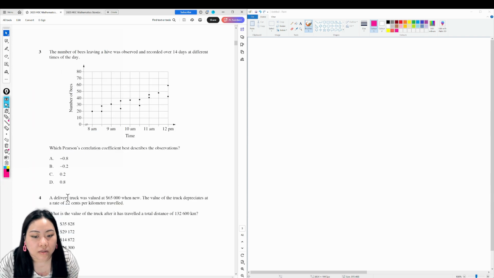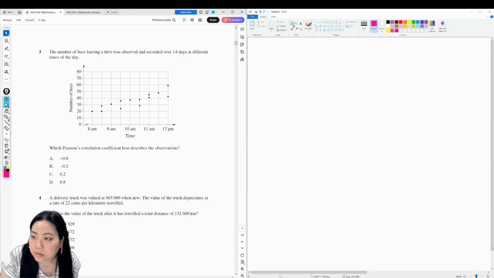4. A delivery truck was valued at $65,000 when new. The value of the truck depreciates at a rate of 22 cents per kilometer traveled. What is the value of the truck after it had traveled a total distance of 132,600 kilometers? We need to find what 22 cents per those kilometers are first. Let's go here. Depreciation